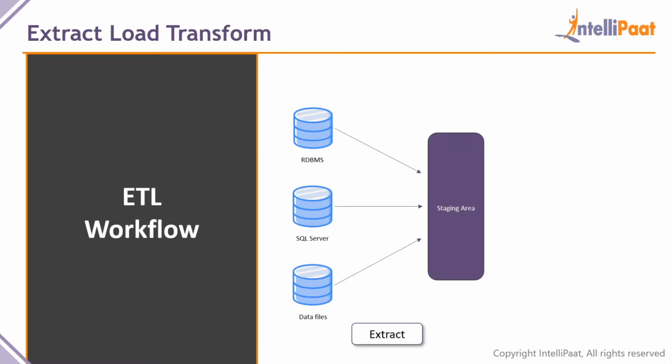So what does this staging area essentially do? Once the data has been extracted and put into the staging area, you're going to be cleaning and processing it. That means the data might have some inconsistencies in it, might have some noise in it, might have a different format, right? And it's coming from three different data sources. For instance, the data files that are coming in could be in JSON format. The SQL server is obviously giving data in an SQL format, in a structured format. In the staging area, when you're creating a combined view for a data warehouse, you need to make sure that all of this data is in a singular format, preferably an SQL format,